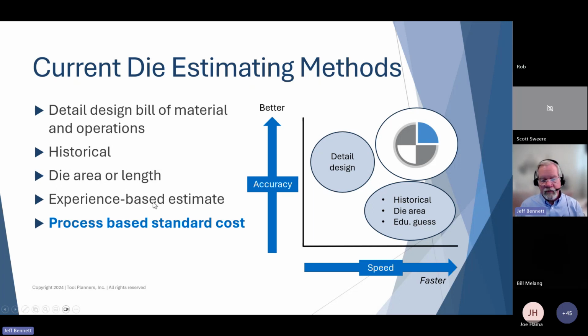And then there's probably the oldest method, and that's the experience-based estimate. You might call that a guesstimate, and that depends on somebody having